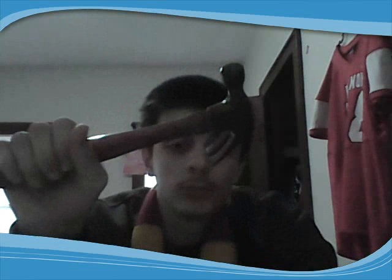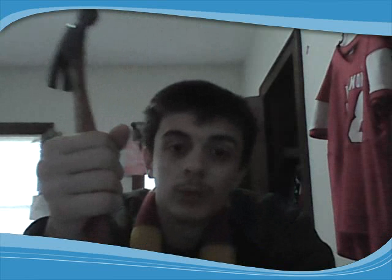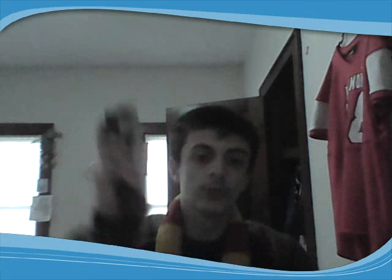Now, with that being said, it can have some other useful uses, such as opening nuts and breaking windows, but other than that, I don't see much of a use for this. But it's one of the only tools I have, so it goes into the collection. Now, with that out of the way, our next item is